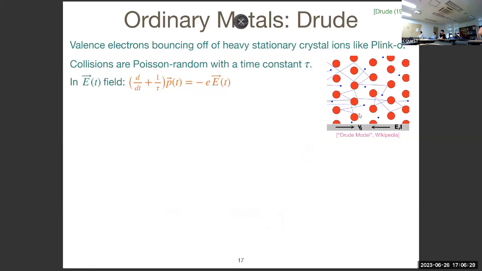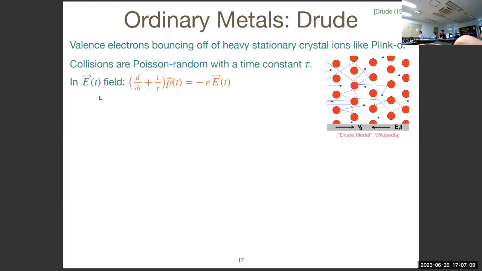The idea is kind of just like plain kinetic theory, really. You just have balls rolling down in a potential in the presence of a whole bunch of things that they can collide with. Otherwise, these electrons are free. So they just have collisions, and the collisions are Poisson random, with some particular time constant tau, which just means that on average there's one collision per tau worth of time. And then you ask what the momentum of an electron in the system looks like